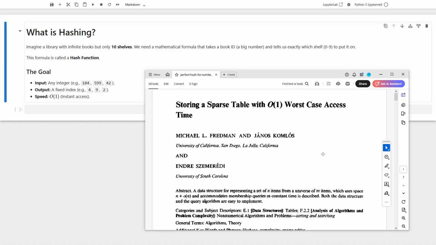Today we will be talking about perfect hash and generally how to implement it, and I hope it will be interesting. So, what exactly are we going to be implementing? We're going to be implementing the idea about perfect hash from this paper from the University of California, San Diego, described by Michael Fredman and Endre